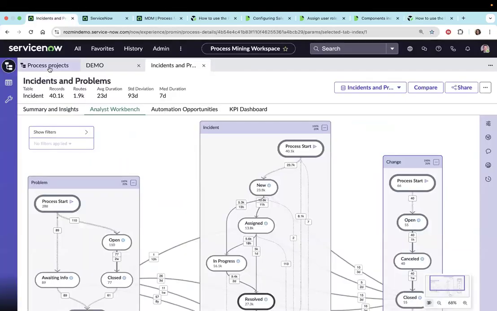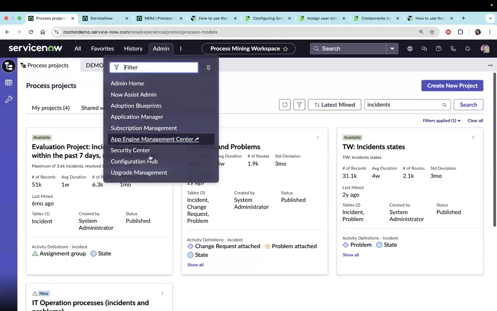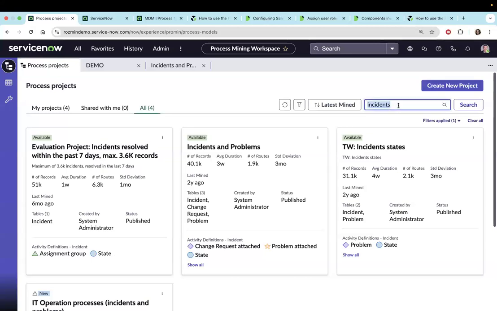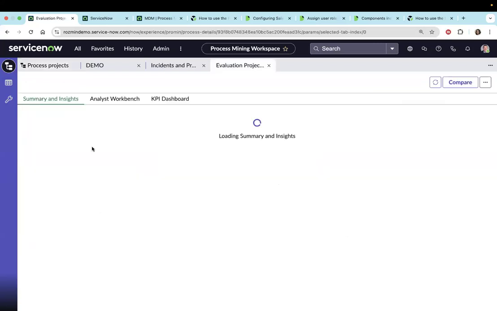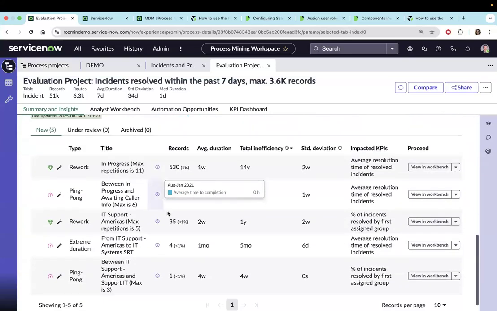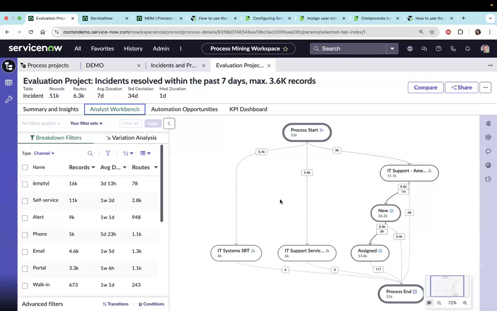Just a last thing about trying out. If you are in your production environment, all you have to do is come to Process Mining Workspace. From there, you will come to this page, which is Process Mining Workspace, of course, and type the word evaluation there. Very nice and easy. You'll see these 3 projects available that I talked about, and you just need to mine it. That's all. And you will see all the process maps and the patterns in your own data set. That's how easy we've made it for you.